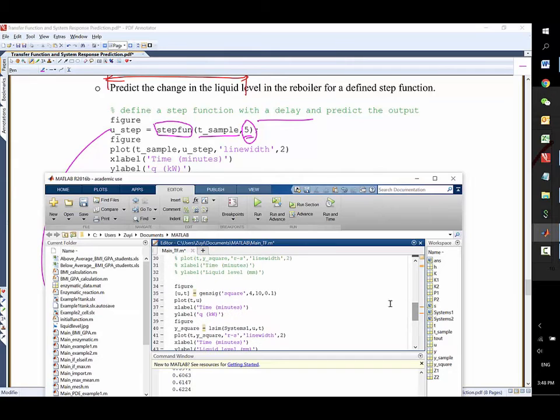Okay, so I will change this one to step function, right? Then here I will change this one to, because we already have the time simulation, simulate the sample time here, and then just delay 5 minute delay. Okay, and then this one we call yield step,